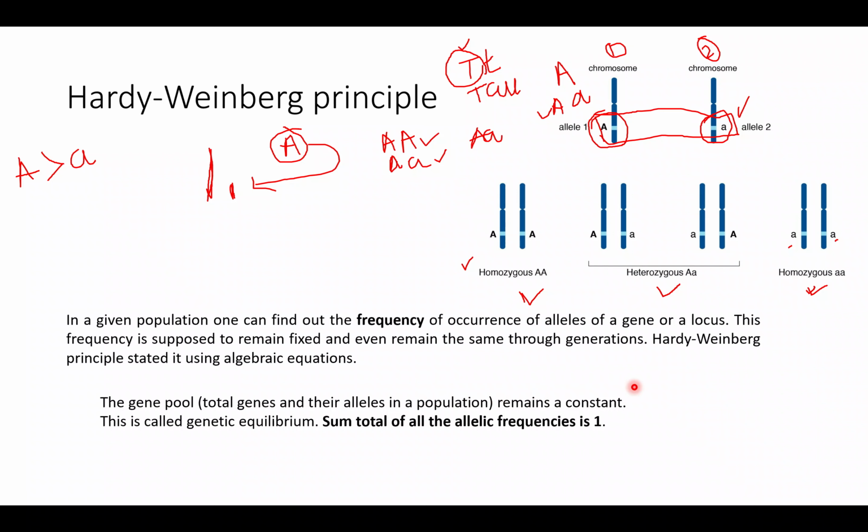So that is what Hardy-Weinberg principle is. You can figure out in a population what is the frequency of the allele, and if you add these frequencies of alleles it will become 1, because this population is not changing, it is a constant population. And this is one assumption of Hardy-Weinberg principle, that the population size is constant. This I'll tell you later.